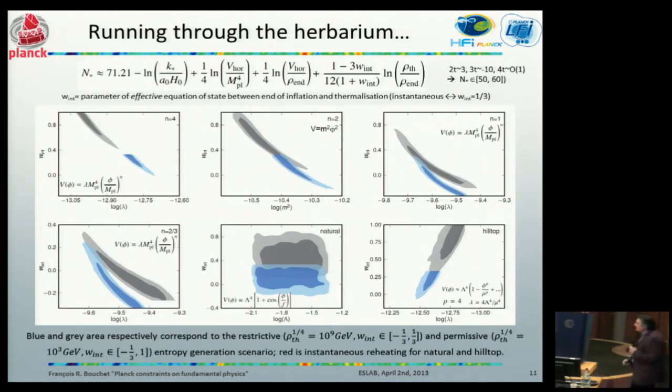And so we can ask, well, for all of these models, we have other parameters which haven't been explored very much, which is how the end of inflation happens until the time when all particles are being generated. One way to parameterize this is with an effective equation of state, W, between the end of inflation and thermalization. You can use this as an extra parameter and look at the various parameters of inflation, and you start seeing the constraints that Planck is putting on there. So we are pushing the various free parameters, if you wish.